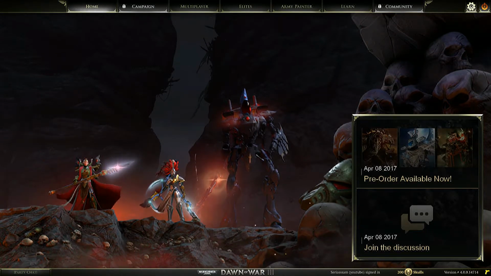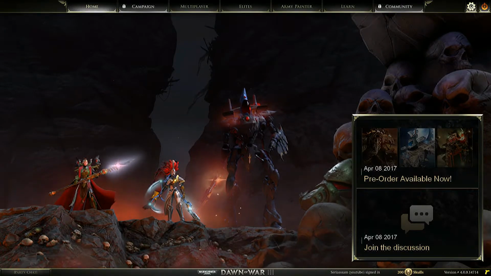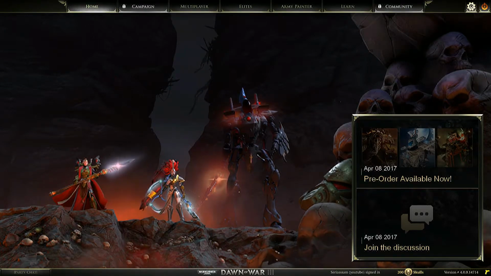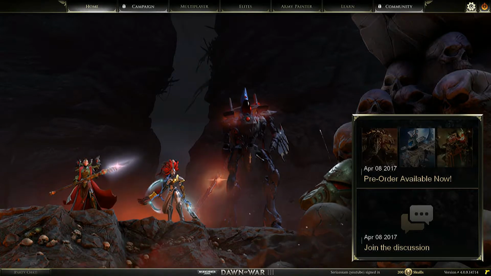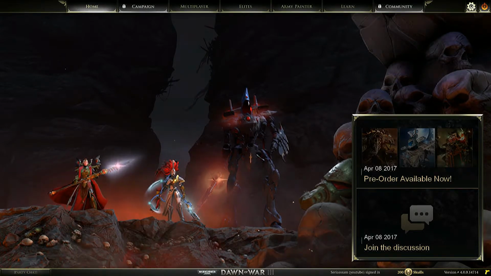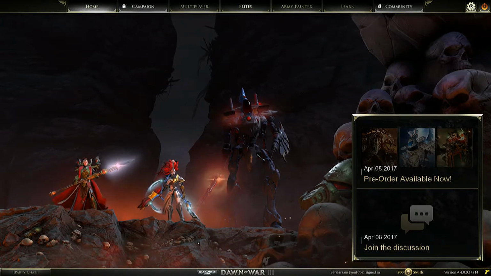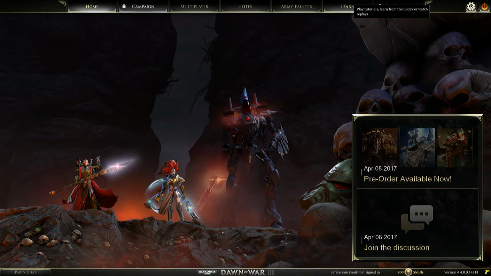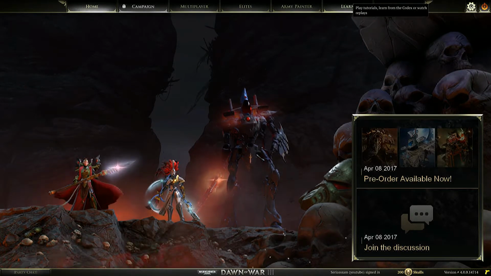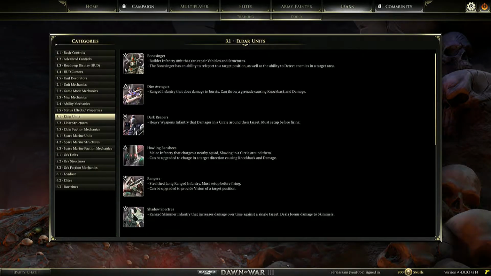Welcome back, everybody. We're going to be jumping into the Dawn of War 3 beta. In this episode, I'm going to show you the different elite units that each of the, just call them races, have. And I'm also going to show you the different units that each of them have. So over here in the Codex section, we can have a look at the different units and structures of